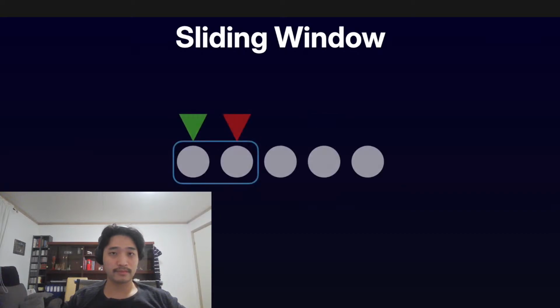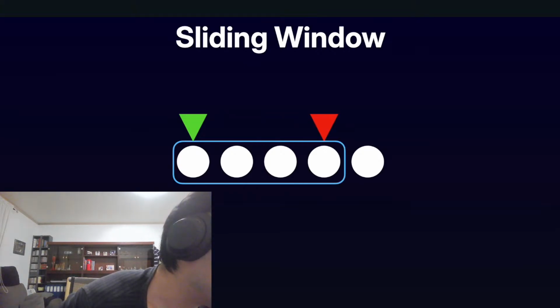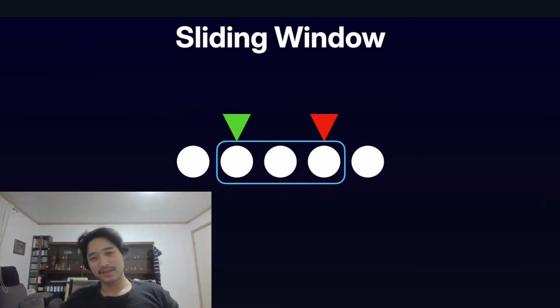In the sliding window approach, one pointer marks the start of the window, and the other marks the end. As the end pointer advances, the window slides over the data structure. Depending on the problem, you either expand the window by moving the end pointer, or contract it by moving the start pointer to meet certain criteria, like maximizing the length of a substring or maintaining a sum within a